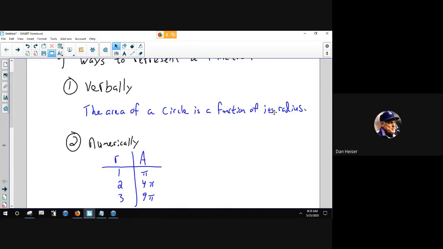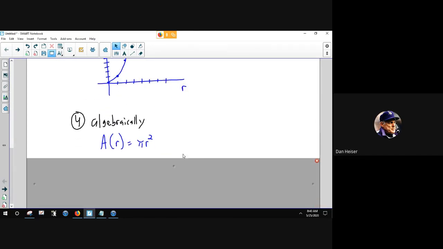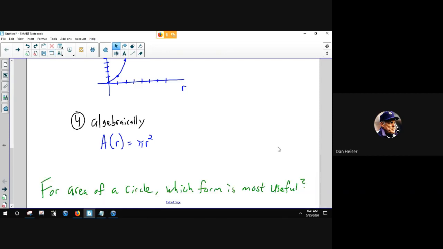Now I could make my verbal model here a little more specific. I could say the area of a circle is a function of the square of the radius, or I could just simply say it's a function of radius. Either one would be mostly accurate. Four ways to represent one function. And we need to be familiar and comfortable using all 4 throughout calculus, because we will be using all 4